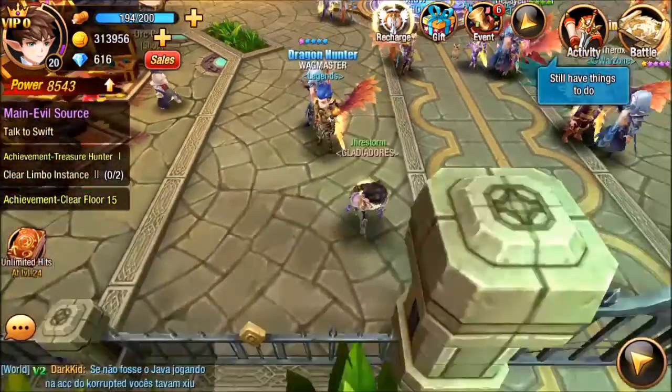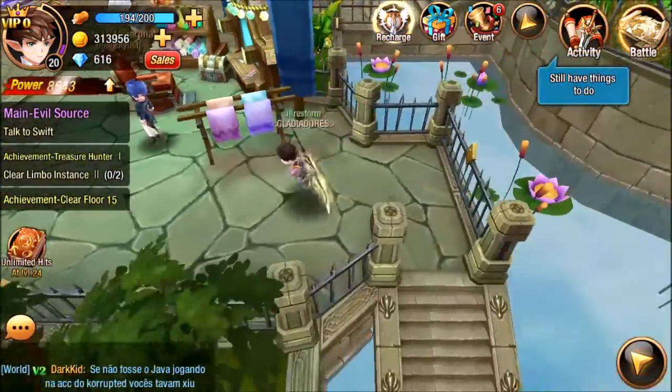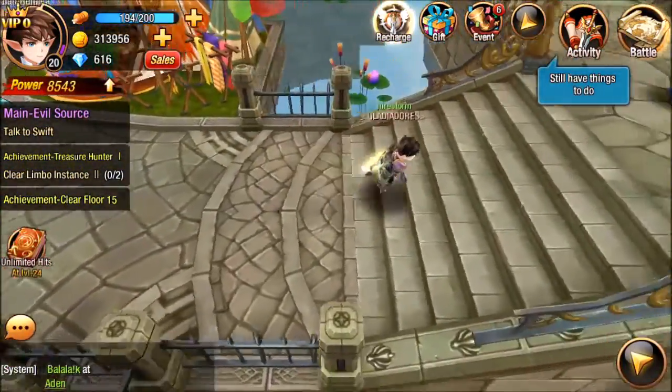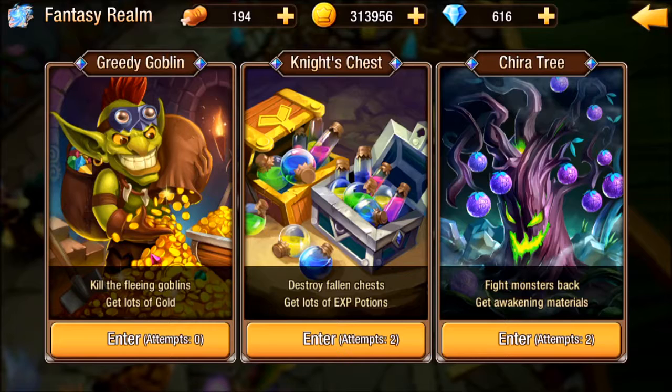This is actually your main hub, the social area. It's actually pretty decent size for a free-to-play game. Oh, never got down here. And you have all the stuff that you can do. Like you have events that go on. Like you have one where you fight a crap load of treasure goblins, you know, like a work on Diablo 3. You also have a knight's chest where you beat the crap out of a bunch of knights and wizards and you get experience. Then you have the tree, which I have not been able to get to yet